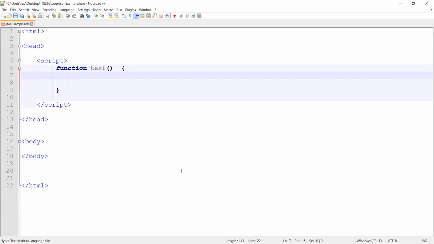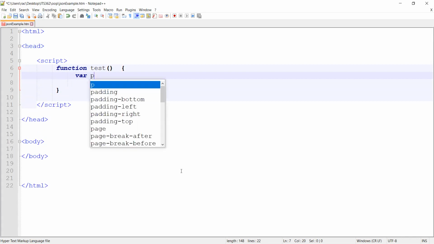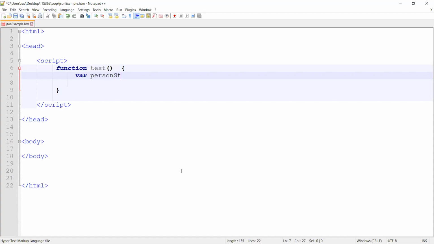And now we're going to define a person string. It's just a variable, person string. It's a string, basically, but within it, we're going to specify an actual object, the way that we did it in the format last week. So within curly brackets,